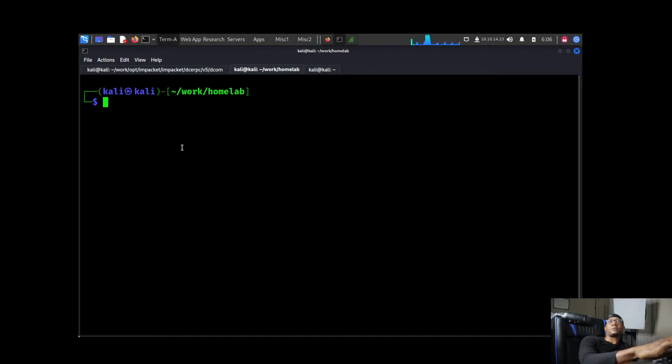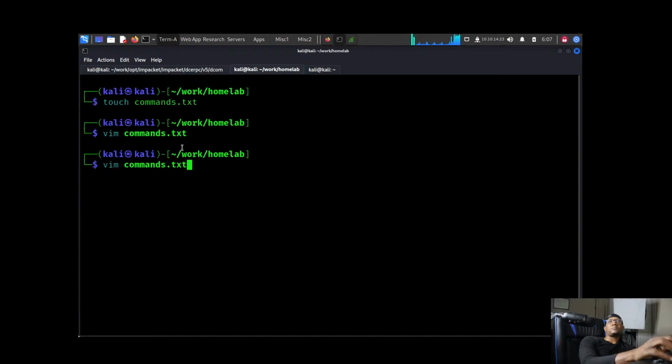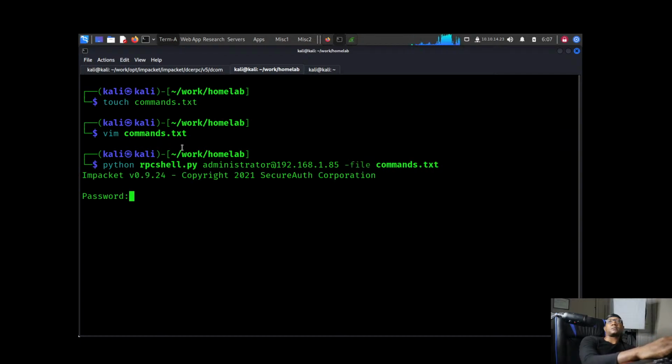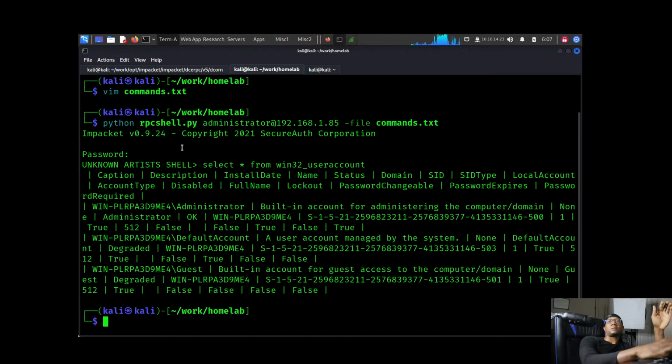Let's just try something really quick. Touch commands.txt. I think we really overthought this. vim commands.txt, select star from Win32 account. Nope. User account. And then we could say all of this file commands.txt. All right. Yeah, we're overthinking that. So what we could do instead of whatever I was trying to do is